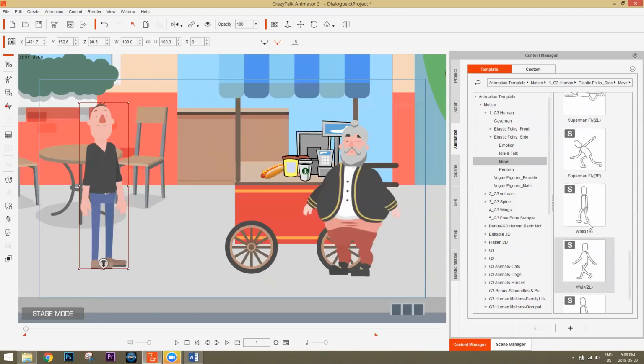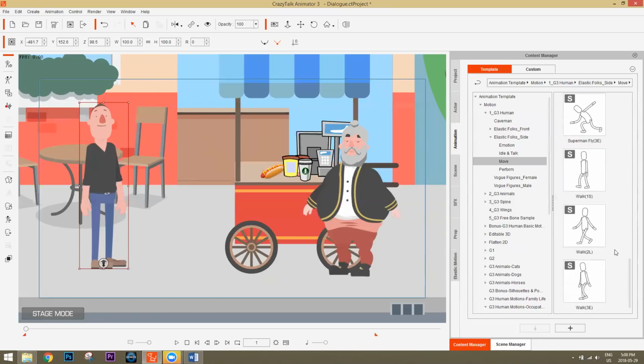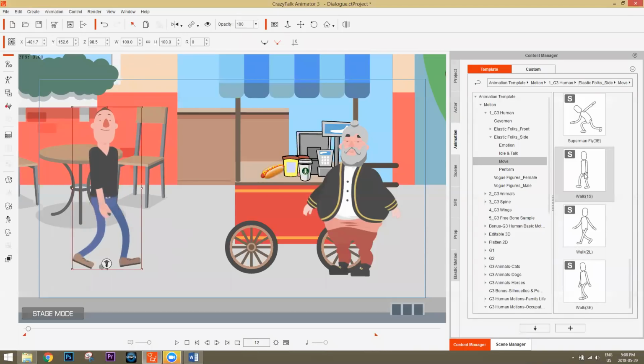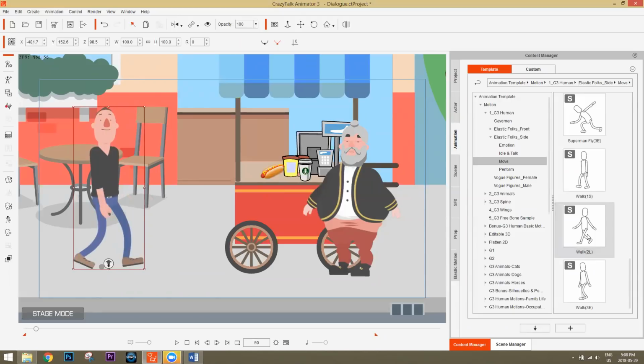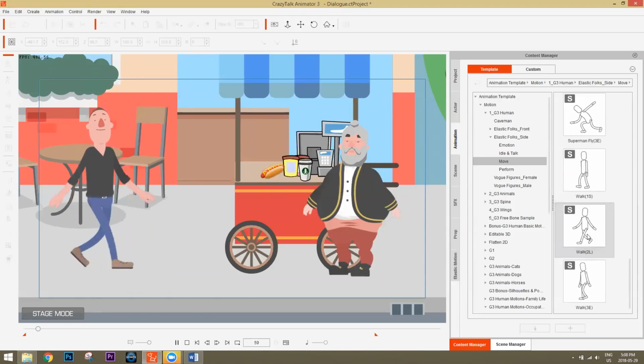There are 3 walks here, and these come embedded with CrazyTalk Animator 3, so you should all have these. There's 1, which S stands for start, 2L stands for loop, and 3E stands for end. We're going to start the walk, double-click on that, and then double-click it again, and a third time, and that should be enough.